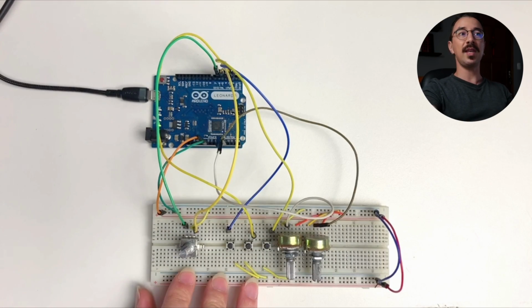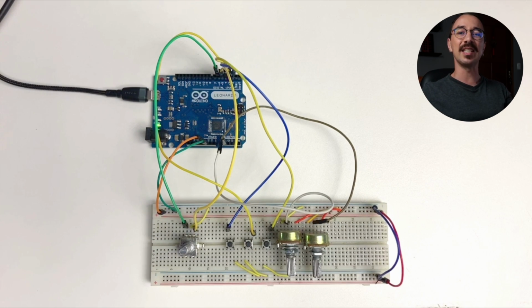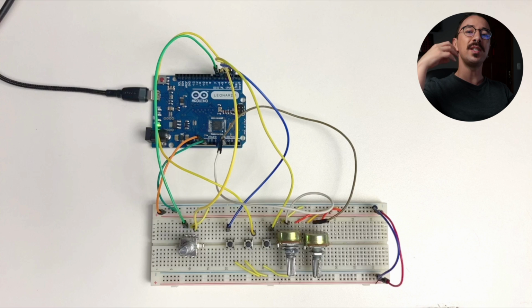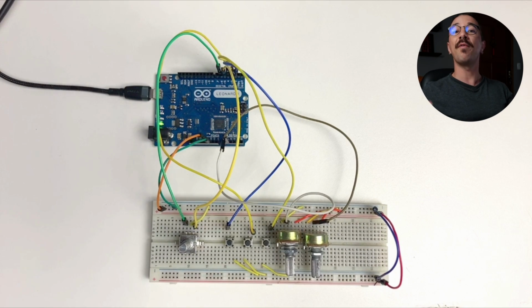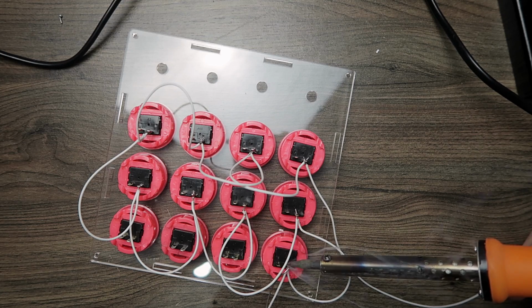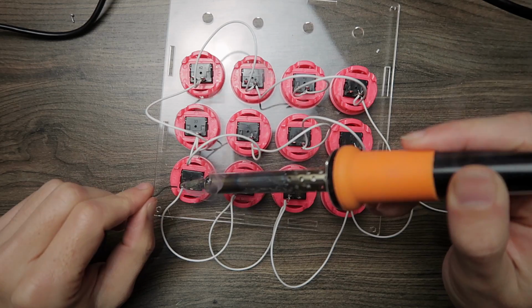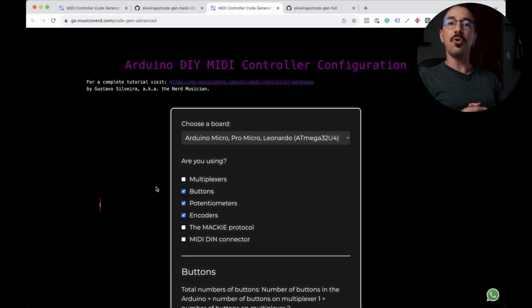And here we made everything in the breadboard, which is very easy for us to prototype and test ideas. But once you make it here, or once you understand how the logic works, it's very easy for you to go to a final project. You take the idea of your prototype and then you make it with wires, you build your enclosure, and you can use the same code or edit a new code in our platform. The simple code, I'll leave the link here for you to download, and the advanced code I'll put inside the Making Music with Arduino course, and there I have detailed instructions on how to use each component.